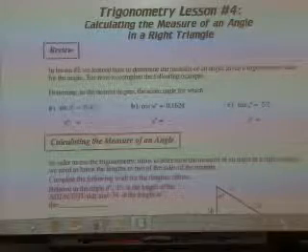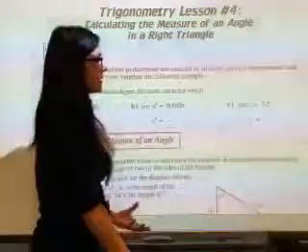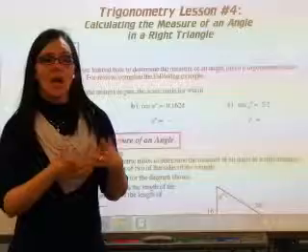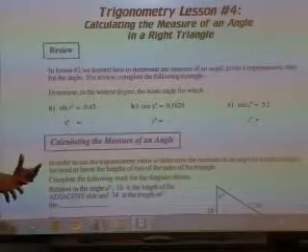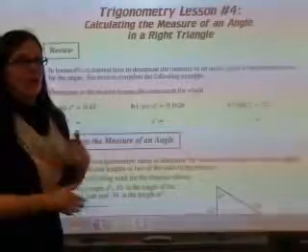Lesson number 4 looks at calculating the measure of an angle in a right triangle. So in the last lesson, we calculated side measurements. So given an angle and a side, can you calculate the other sides? In lesson number 2, we learned how to determine the measure of an angle given the trig ratio by reversing